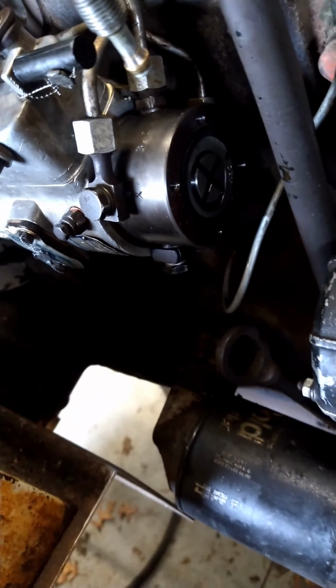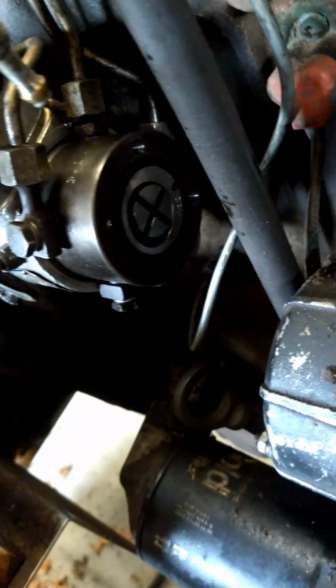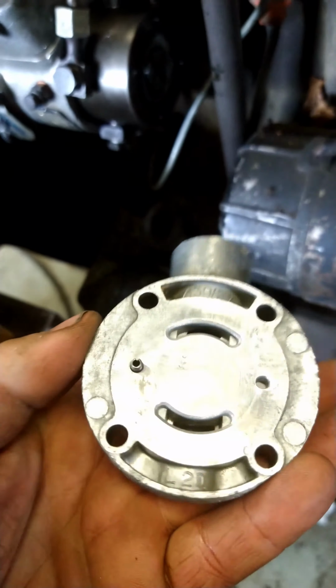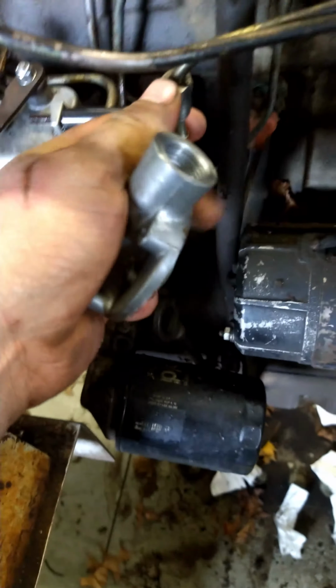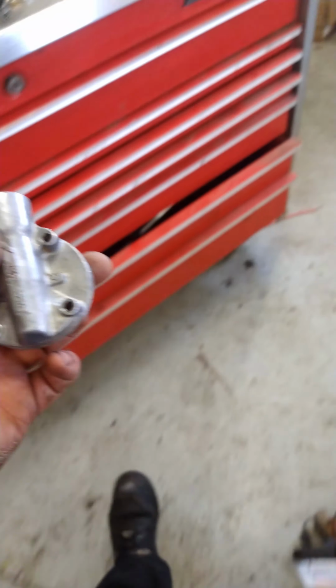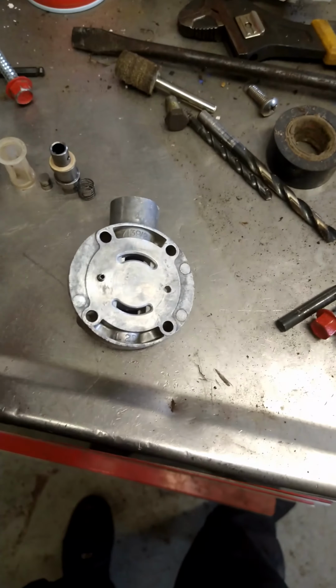So it's going to go on right there. You can see where that little tit is, or that little insert. That little tit will go right in there, and it bolts on just like that. And then this fuel line here is the supply for this. So this is actually a pretty crucial component of these style injection pumps because